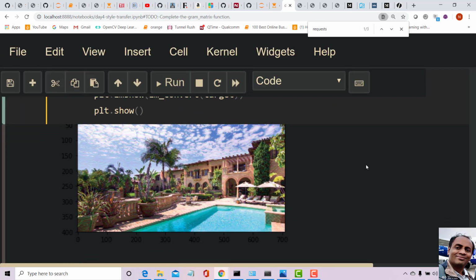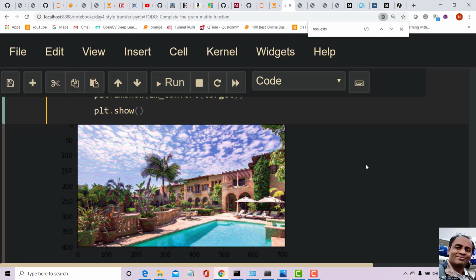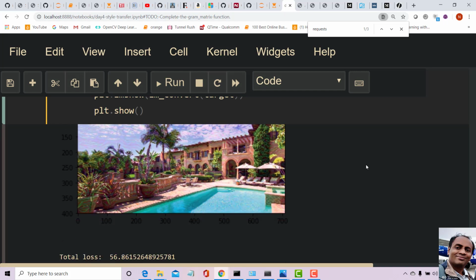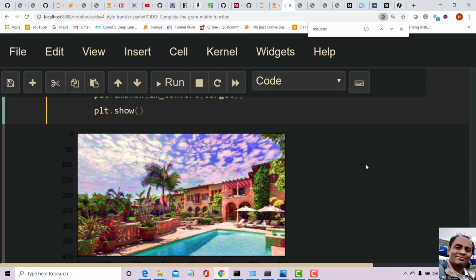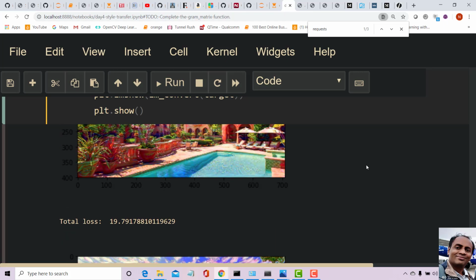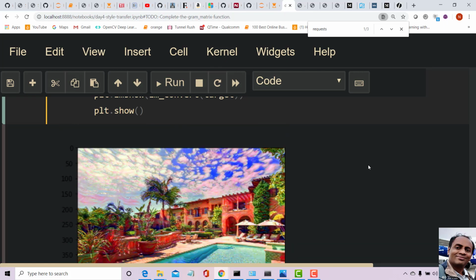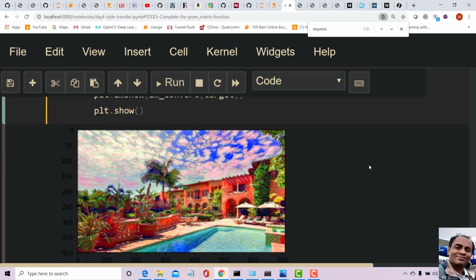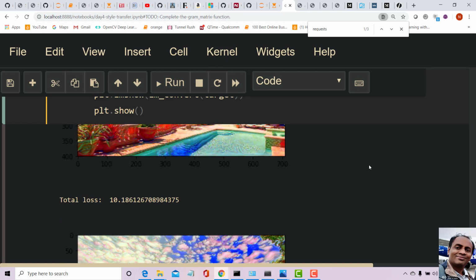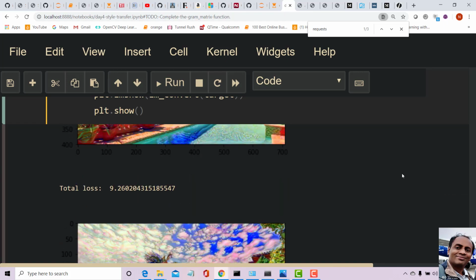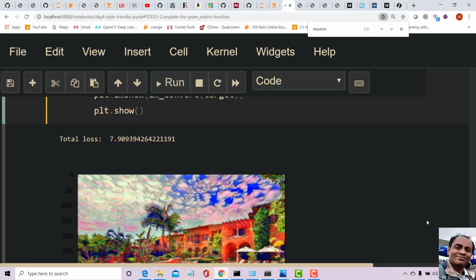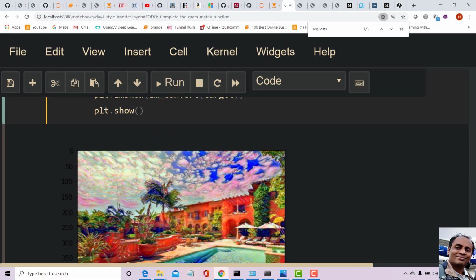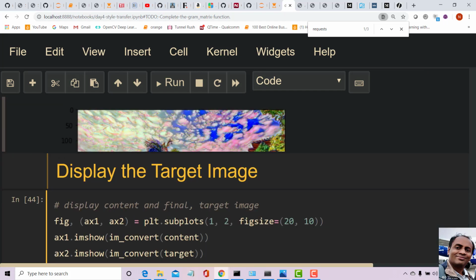Training, okay, I see the first image had some change, second image had some change, third. It's continuously changing and it's very interesting how it is changing. And I can see that the style is becoming more and more like the style image, and this is what it is, guys. The more you train, the more it is going to become like the style image.